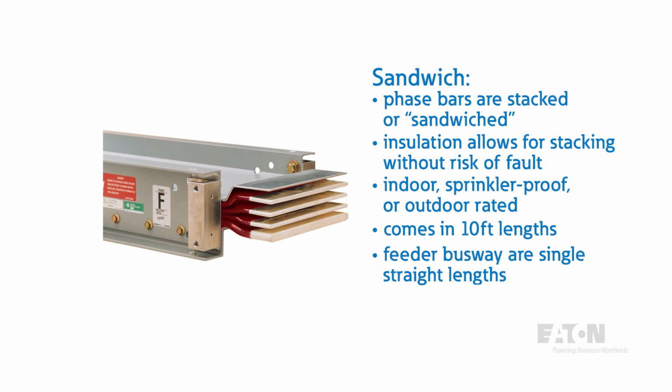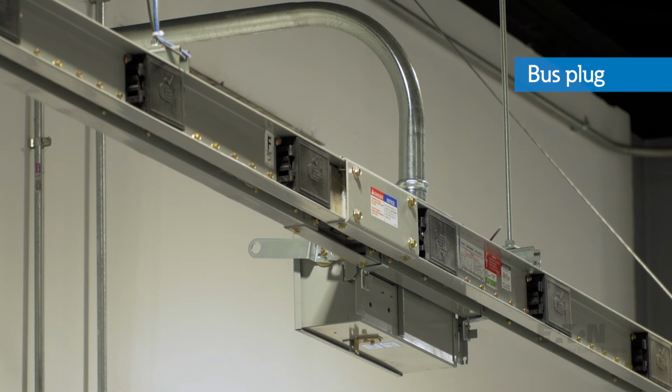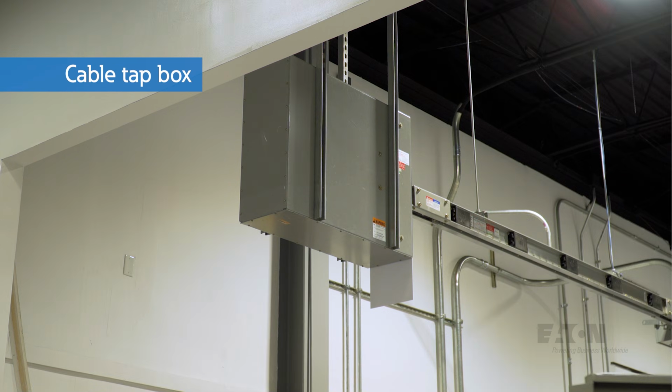Feeder busway are straight-length pieces that are purely used to bring power from point A to point B. Plug-in pieces, on the other hand, can do the same while also allowing for tap-offs every 2 feet in between, front and back. At these locations, bus plugs can be installed to feed loads below. The cable feed coming into the busway is terminated at a cable tap box, which then transitions to the first